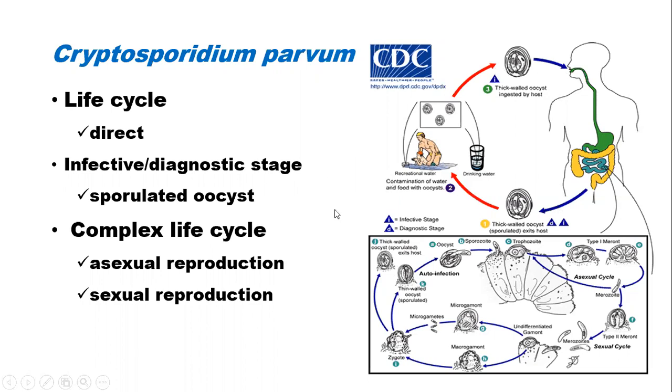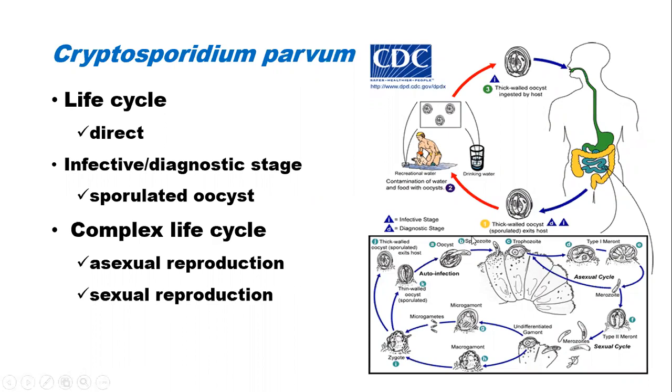Okay? Do you have any question? If you have any question, let me know. It's a little bit confusing, I know, but if you still recall the life cycle of the malaria parasite, you shouldn't have too much issue understanding this life cycle. Remember, it's complex because asexual alternates with sexual before you can have complete maturation of the parasite. But unlike the malaria parasite, it's all occurring in one host.